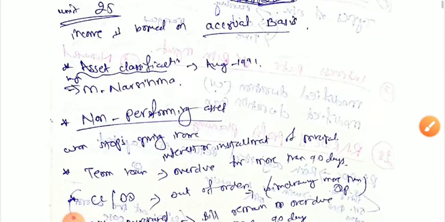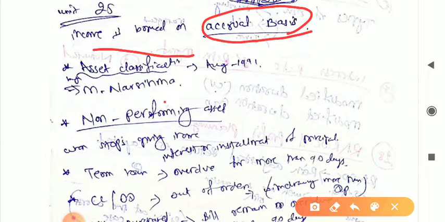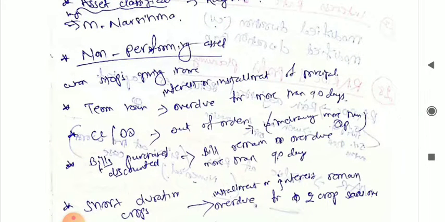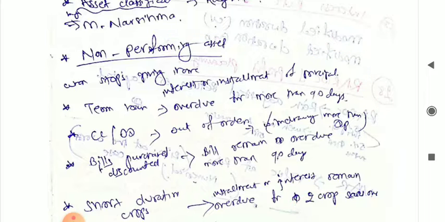The first point is that income is based on the accrual basis, remember this, right? Then asset classification was introduced by M Narasimham in August 1991. Some basic points: non-performing assets, NPA, right? So what are non-performing assets? Income, interest,